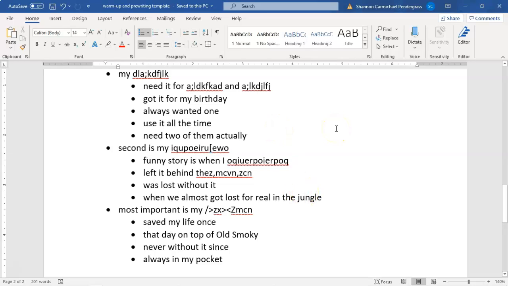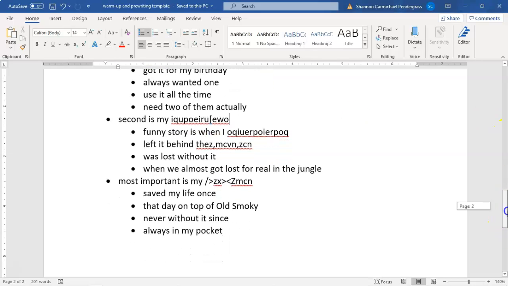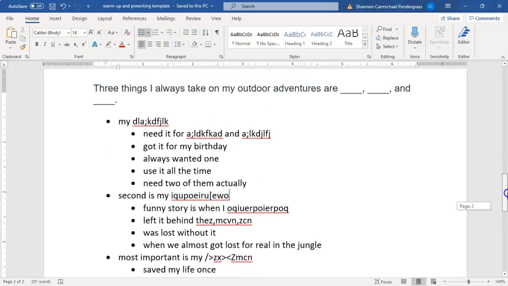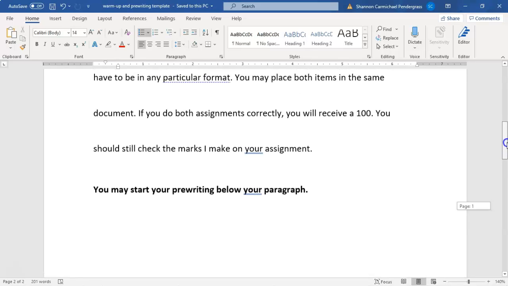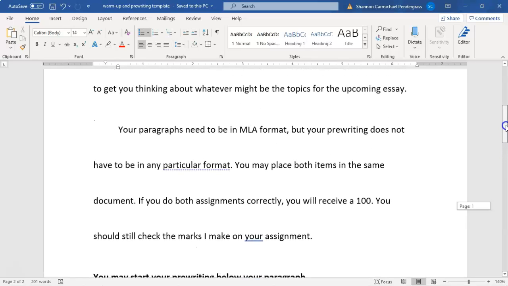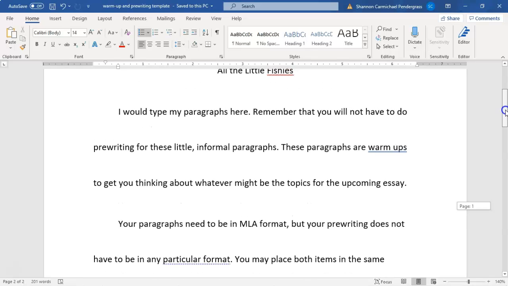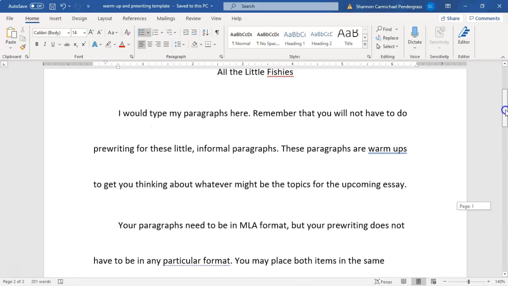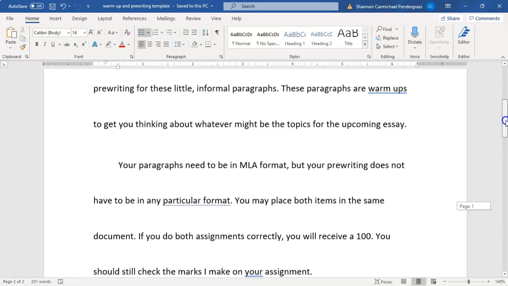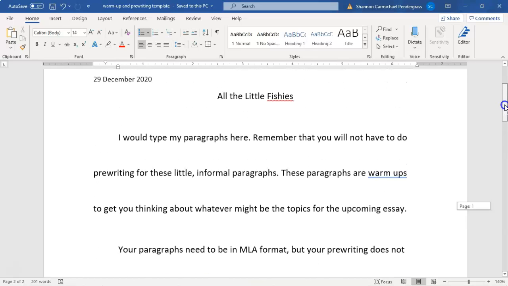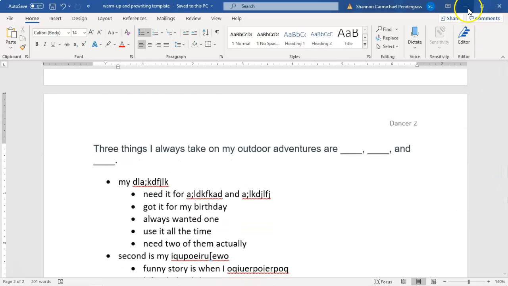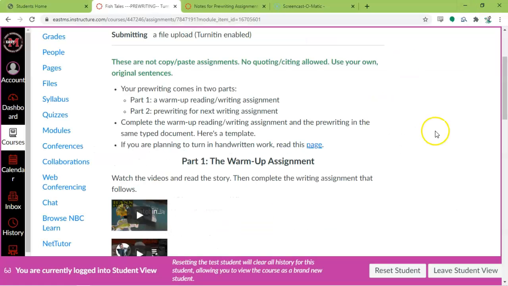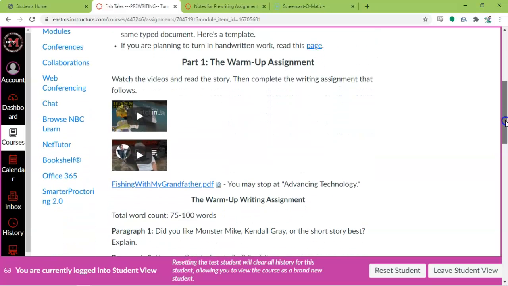The stories make the essays. Those are your specific details, okay? So make sure you have those planned. Because I will say, hey, you don't have any specific details planned on this essay, and when I say that, what I'm talking about is the story. So 2 little paragraphs here, and I'll show you what I mean by that in just a minute, and then your pre-writing beneath that. Okay, so let's look at the warm-up assignment.